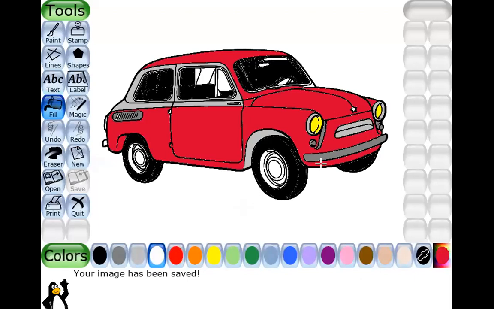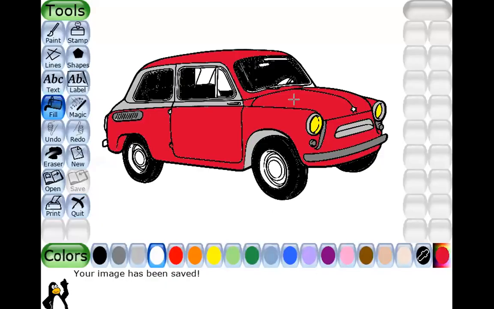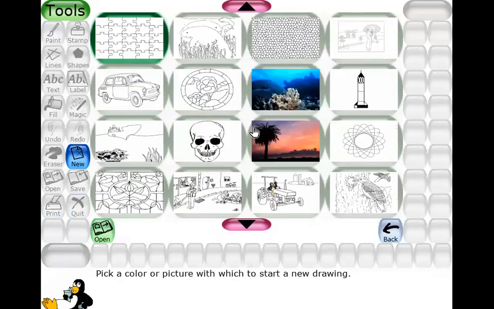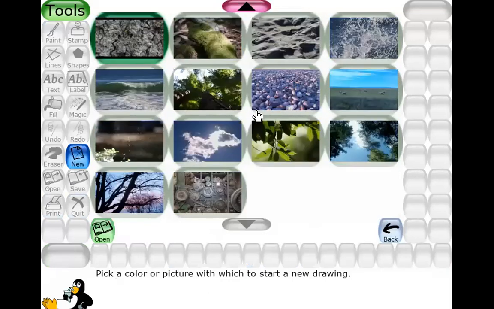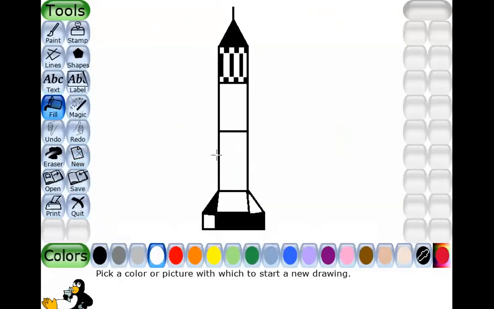Okay. Then if you want to do another painting, you can do it by clicking on the new, then choose another picture here, okay, and draw it.